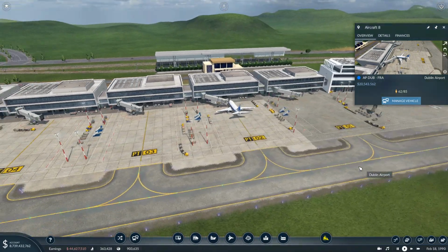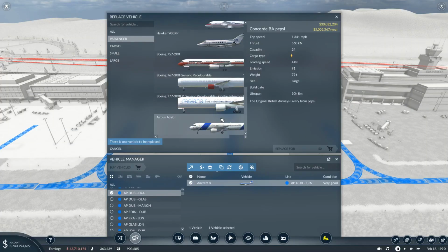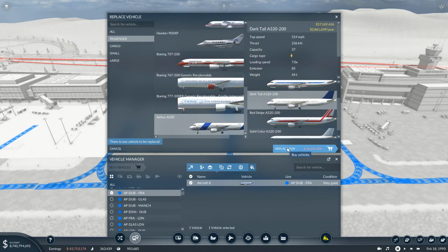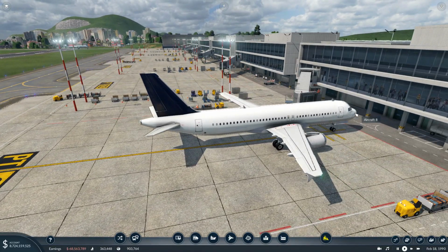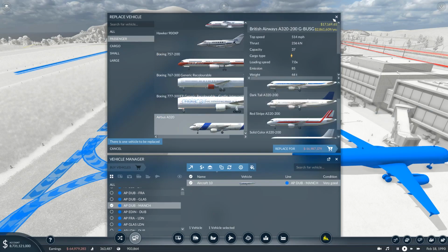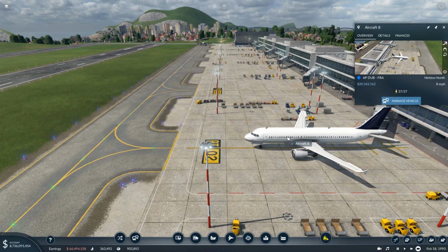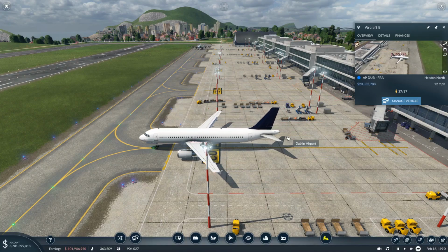You are. Once it gets to below 50, we'll say that's good. Manage vehicle, replace with. And we'll get an A320. So this was the one solid colour, but we're adding the blue. Or will we add the... No. Yeah. Replace that. So that 737, we could basically say is on a different line. There we go. It's a sort of darker colour. How much have you got? 54. Manage vehicle, replace with. You hold 37, so we are going to have to wait for this guy to come rolling in. And you got 37 of 37 for its first flight. I am starting to think that I maybe should have done the...